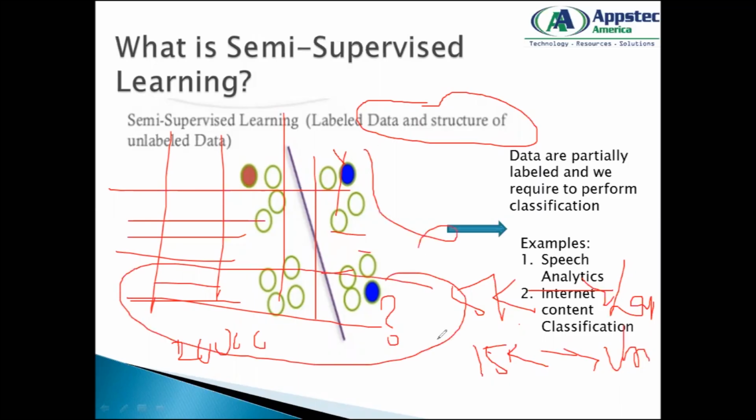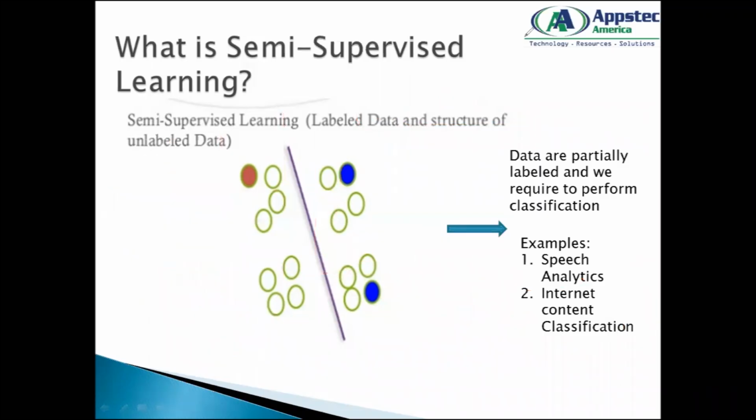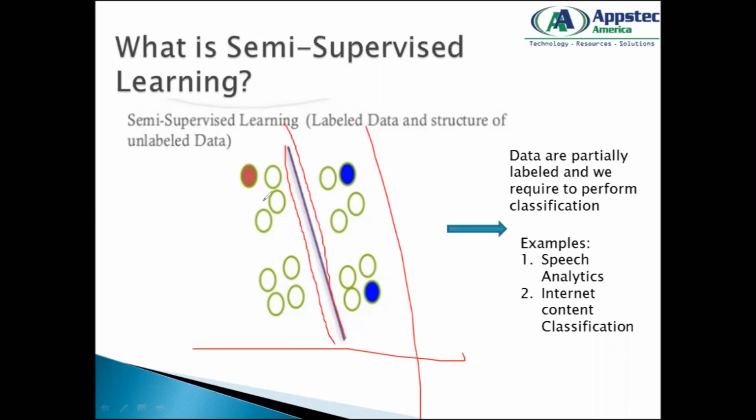So there are machine learning exercises that we do to handle the data which are missing. When you have similar data where your data is partially labeled and partially not, we call it a semi-supervised kind of learning exercise under the machine learning domain. So data are labeled and we perform a similar classification. We might go for a supervised approach where I want to draw a regression algorithm where this is my best fit line. These are my data points that are falling across the line, right? And I have classified or clustered it, but there are some which got misclassified.